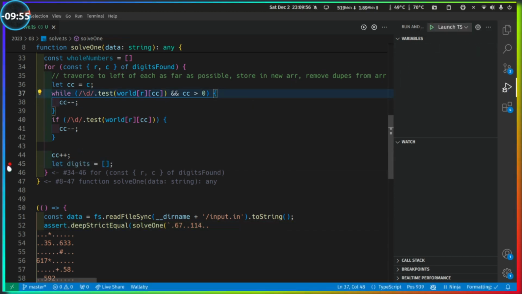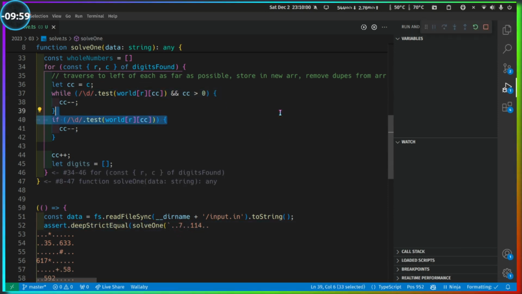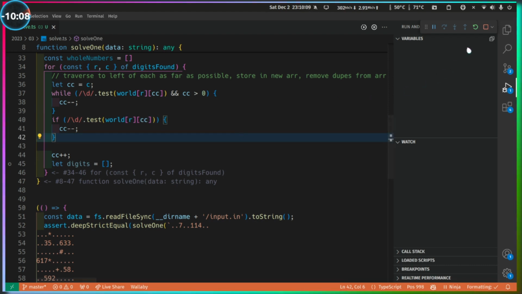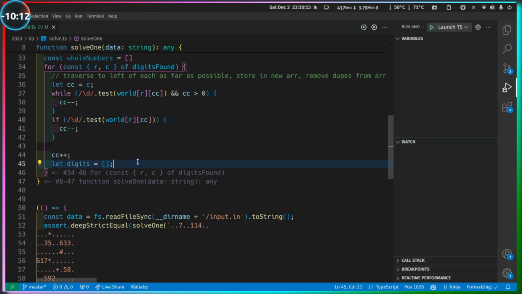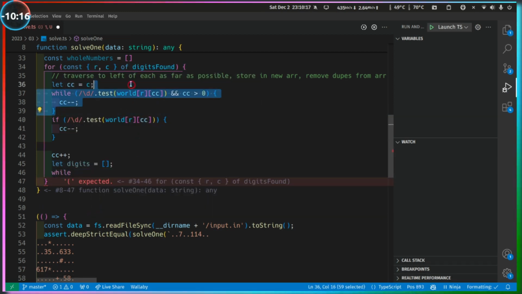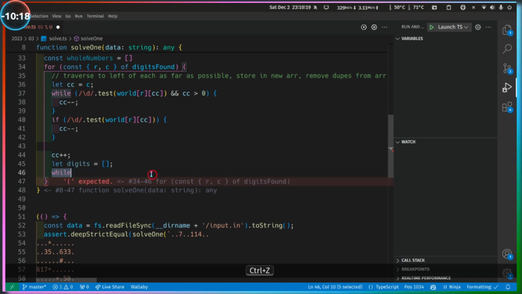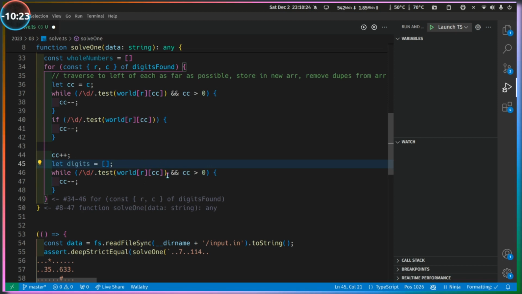Okay, that appears to be working. Hopefully one-digit numbers are handled. Uh-oh. Oh, where'd my breakpoint go? Yes, one-digit numbers are lovely handled. Okay. So, basically same logic here. But we can simplify it knowing there are digits in front of it. So while that is true, well,